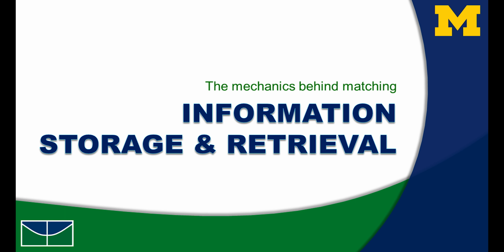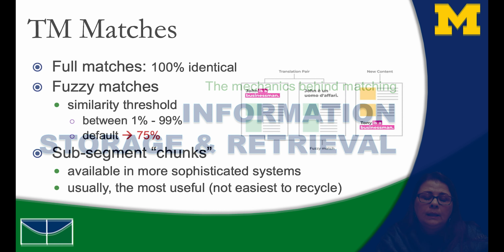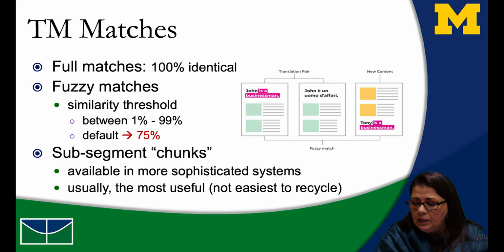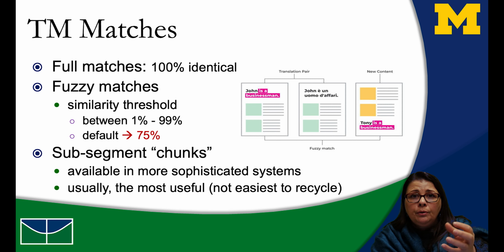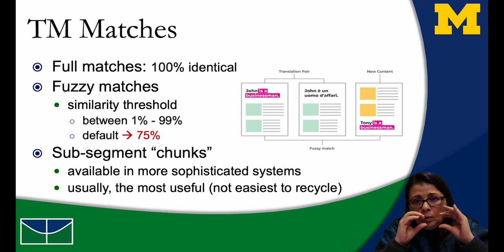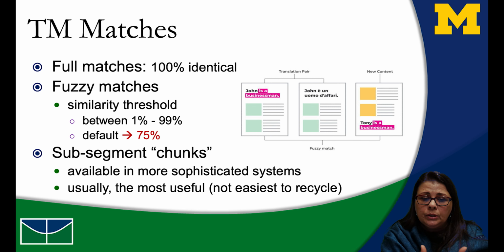So let's have a quick look into the mechanics of the translation memory, how it works. There are three kinds of matches. A full match, which is 100% identical. So let's say in recipes, most savory recipes have salt and pepper to taste, or season with salt and pepper. So that's going to repeat over and over again. So if you translate it once, you don't need to translate it again, because the translation memory is going to show you and sometimes even complete your cell with that translation.